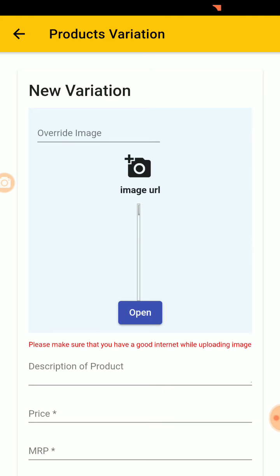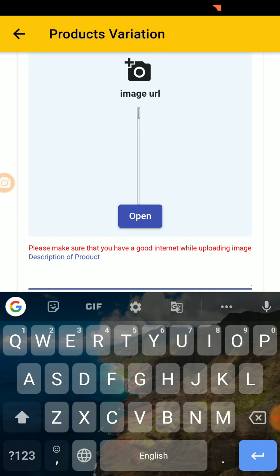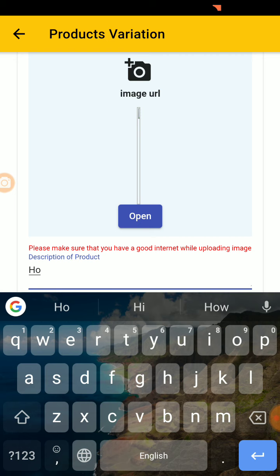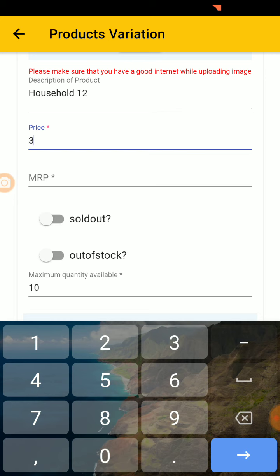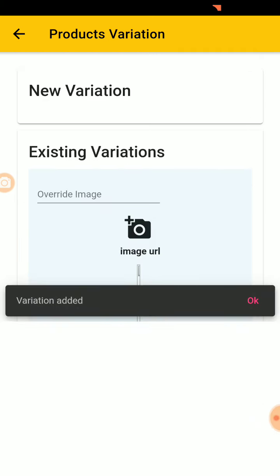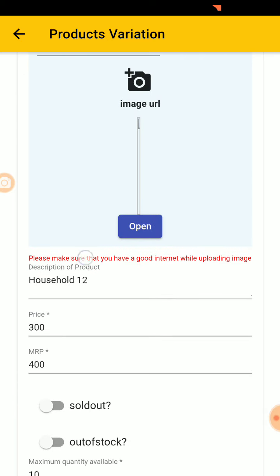In the variations you can keep the same image, or you can change the image also. Description of the product, household. Price is 300, MRP is 400, maximum 10, save quantity. The variation is added. So you can see the variation is added.